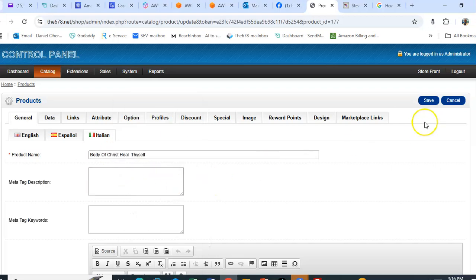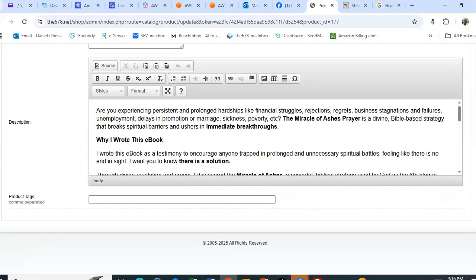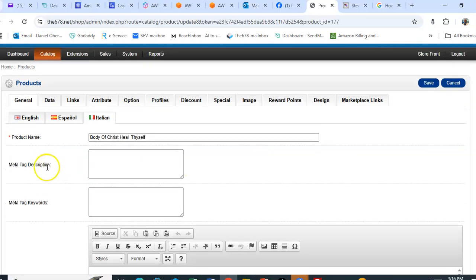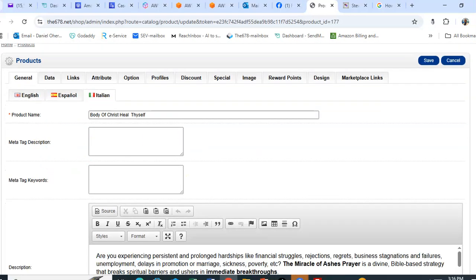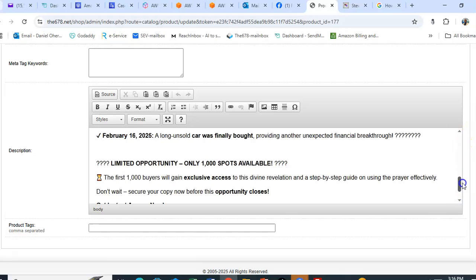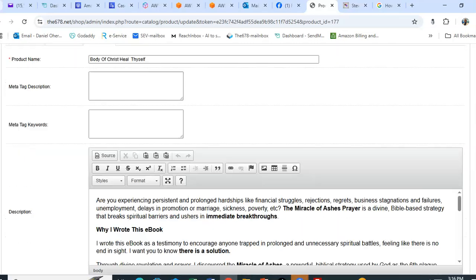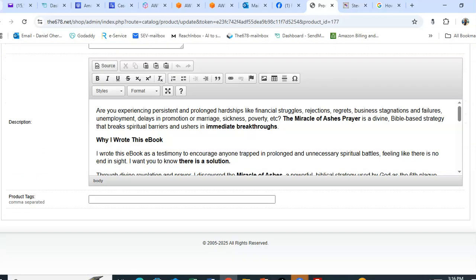Okay, now if we save that product now, it will be appearing with this name. But remember, your description has not changed. You have to change the description for this particular product. It's even my description here. How come? I'm using a different thing. Anyway,